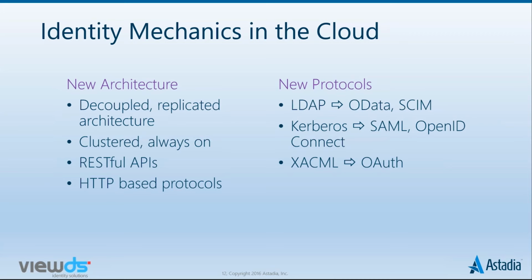Session-based protocols like LDAP don't work well through firewalls or for mobile devices for that matter. And they also don't scale very well at the server end, where you might have a server that's trying to juggle tens of thousands of simultaneous LDAP connections. So today we use stateless HTTP-based protocols instead. So for example, instead of LDAP, we use protocols like OData or SCIM for directory access. For authentication, we use things like SAML and OpenID Connect. And for authorization, we use OAuth or something based on OAuth like User Managed Access or UMA.